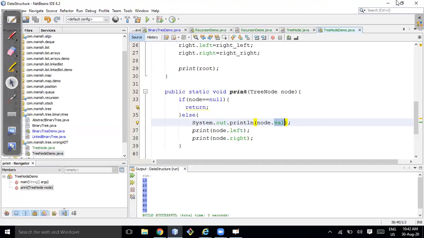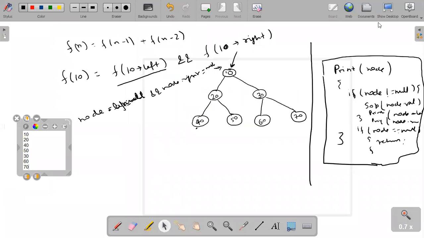Yeah, it's pre-order, that's correct. First it's printing the parent, then the left side, and again first parent, then left side. So it's pre-order. We did the pre-order traversal.